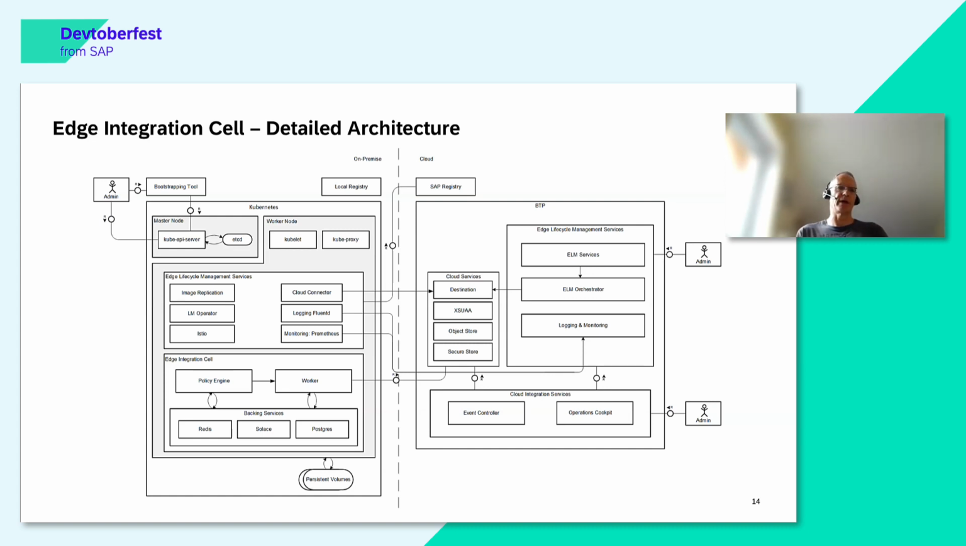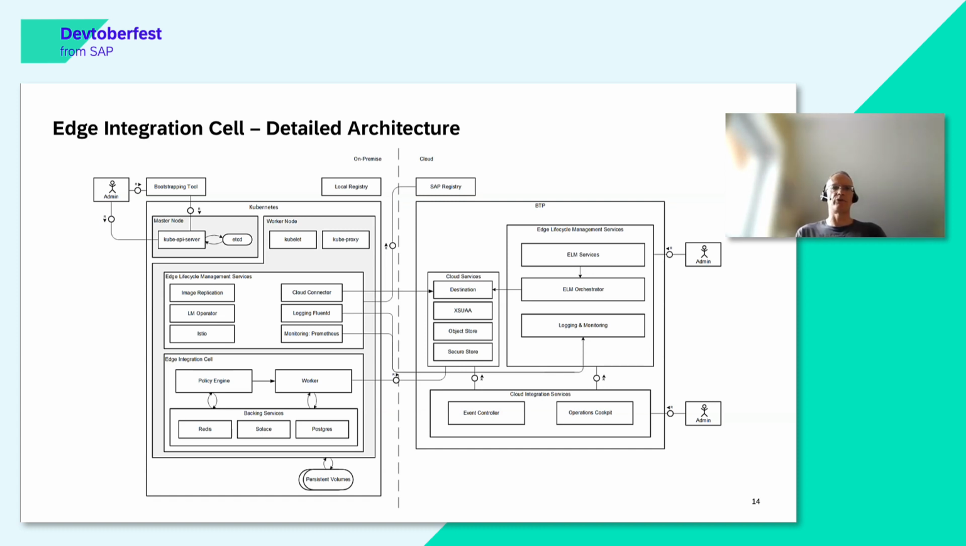And of course, this is backed up by persistence. So we need persistent volumes for storing data on the edge. Part of the edge lifecycle management is also a bootstrapping tool. So if you start with, let's say, a plain Kubernetes cluster, it starts with running a bootstrapping tool. And the bootstrapping tool then in the end hooks up the Kubernetes cluster to the cloud tenant, so that you get all these